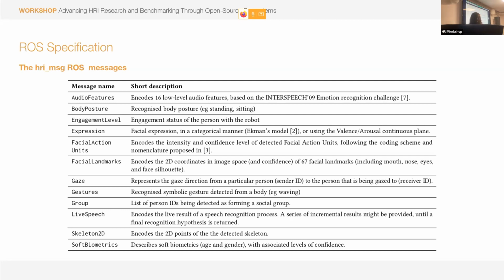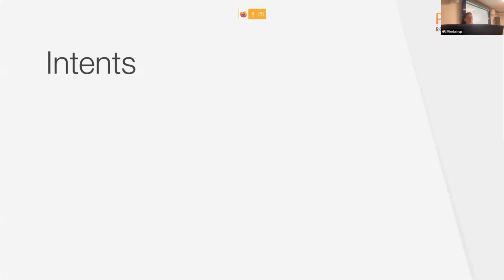You can see what we have defined so far that we find useful. But of course, this is something we can continue contributing to and enlarging as much as we need. So that was a very quick overview of ROS for HRI as it is today, as a specification already accepted.